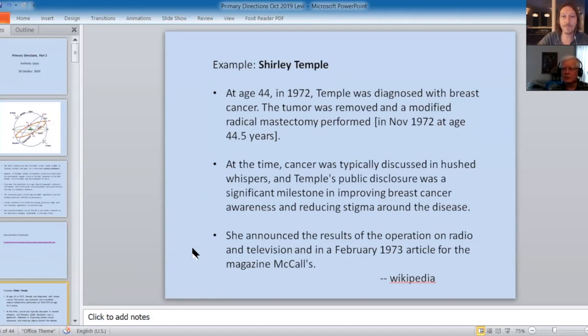If you don't know her, I'm sure your parents do. She was internationally well known, an adorable, cute little girl who was in a lot of films from Hollywood. When she got older, she got involved in politics, became an ambassador of the United States, and I think